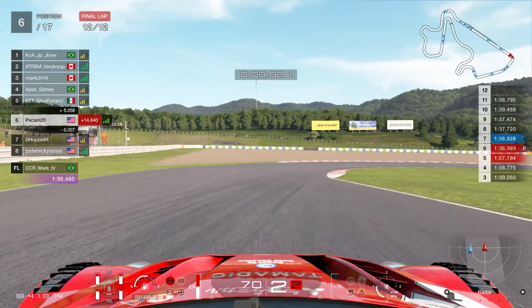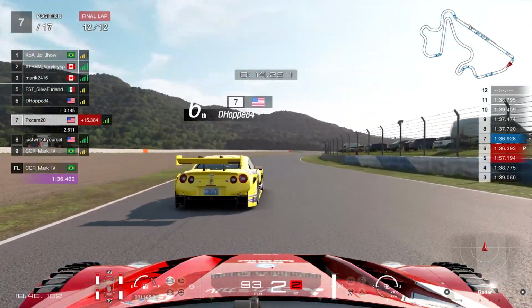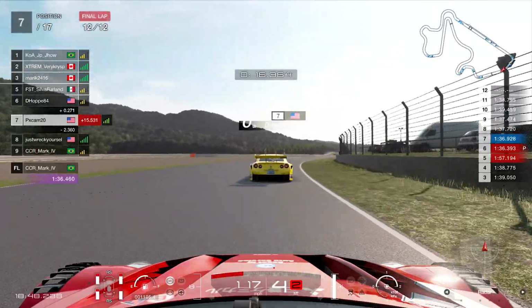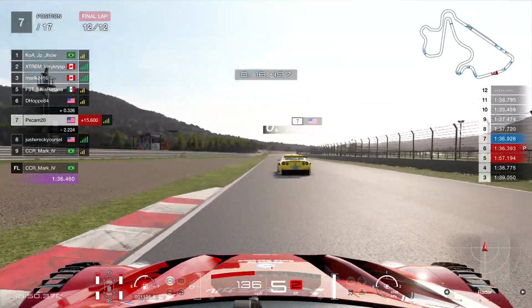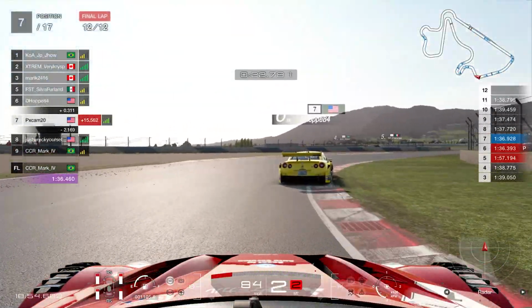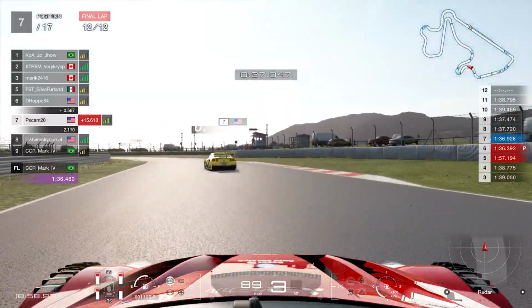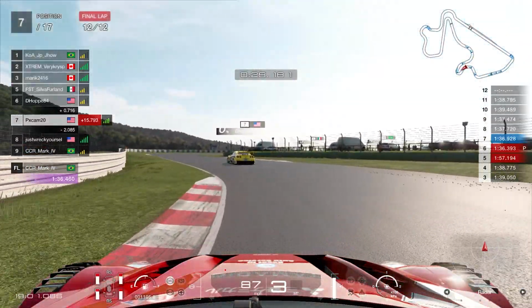We defend the inside, go all the way into the inside, try to break the tow, but he brakes as late as he can on the outside, gets the move done, and that is P6 gone from us. But it's still not over here, as we still have about 75% of the lap left, and we are on the softs. Not sure if Dr. Hop is on the